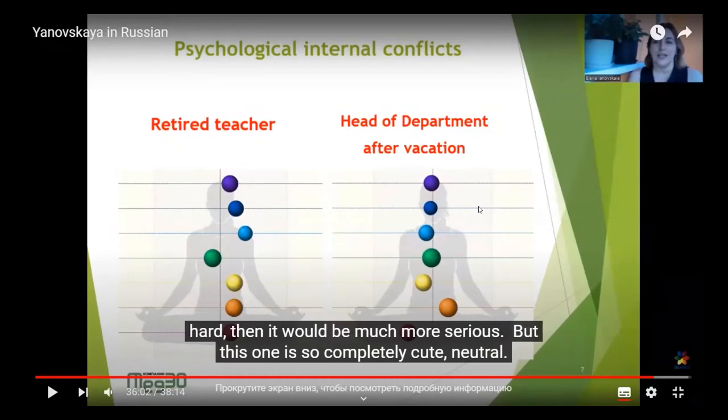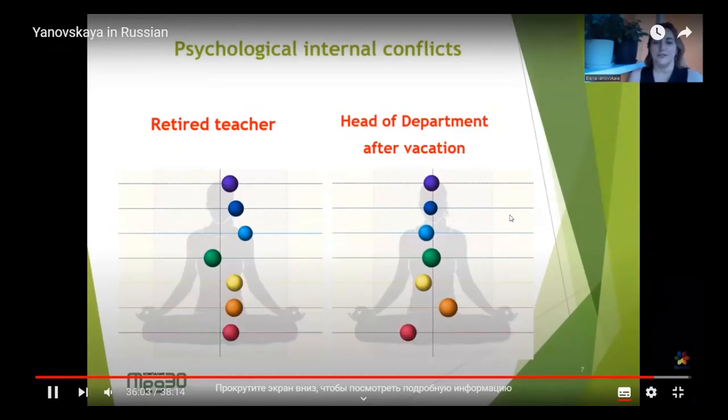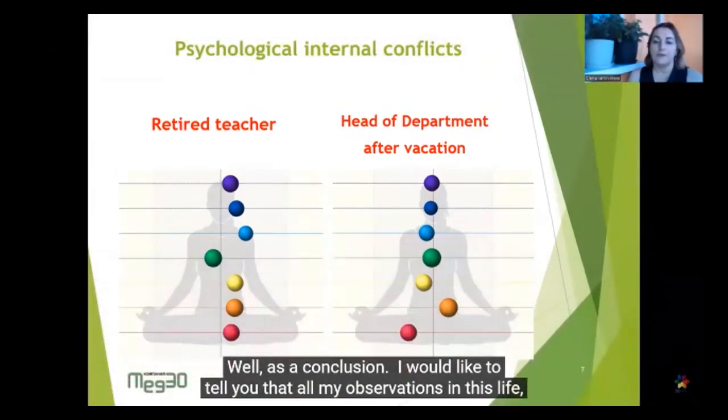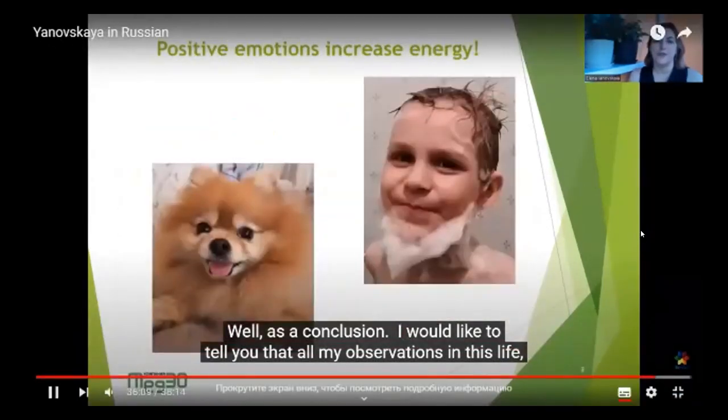But some people may put too much significance into this problem, and then it can become really serious, that you have to work but you still want to go on a vacation. But this state is not acute. But it's interesting. And as a conclusion, I would like to tell you that all my observation in this life,